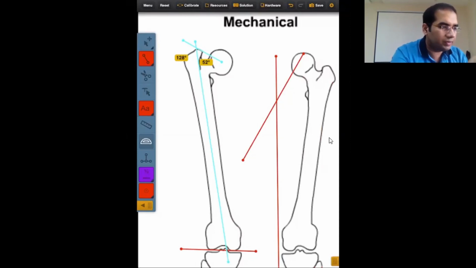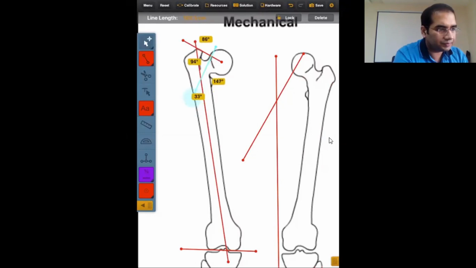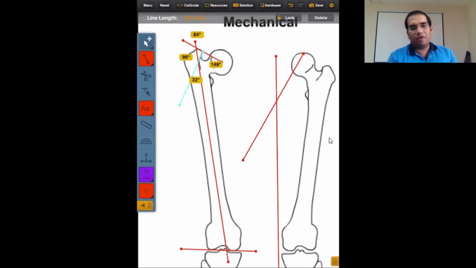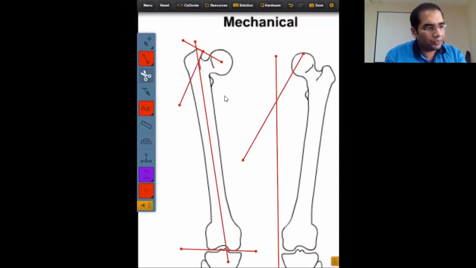What we are going to do right now is draw a line of 84 degrees, which will start from the piriform fossa, because the mechanical axis normally passes through the femoral head and the anatomical axis line crosses the joint line of rotation at the piriform fossa. The magnitude of deformity here is 32 degrees